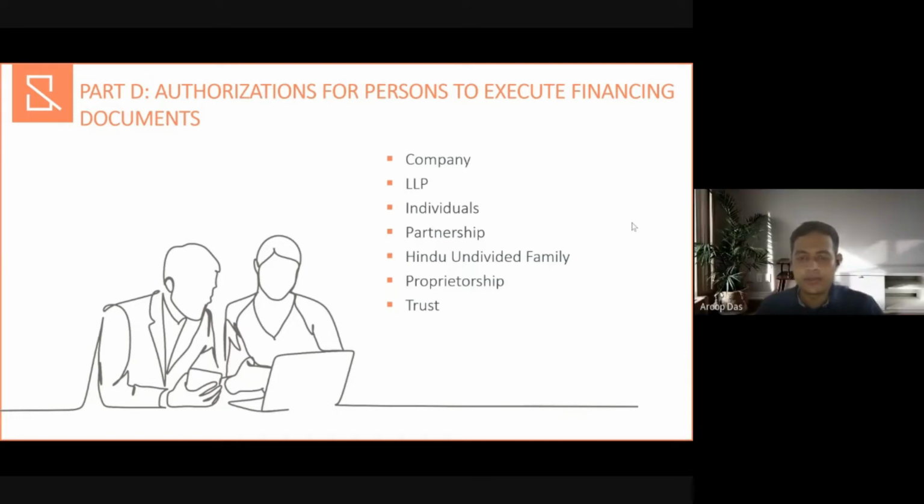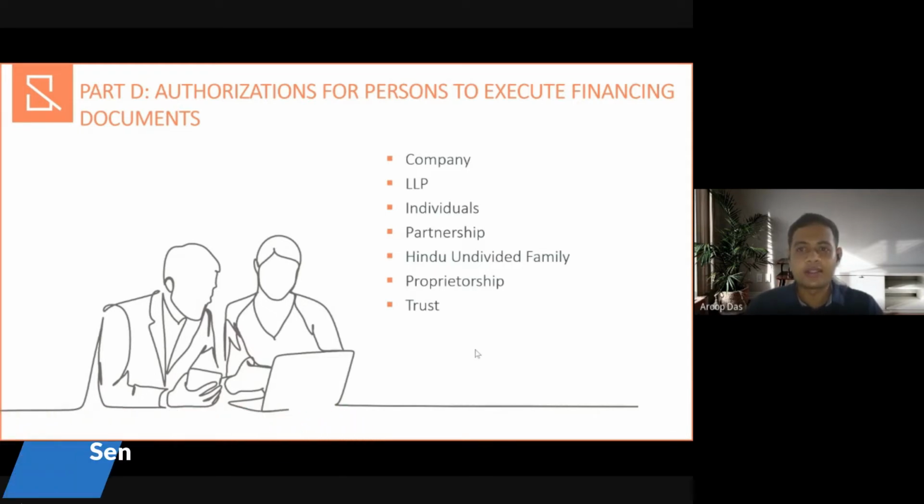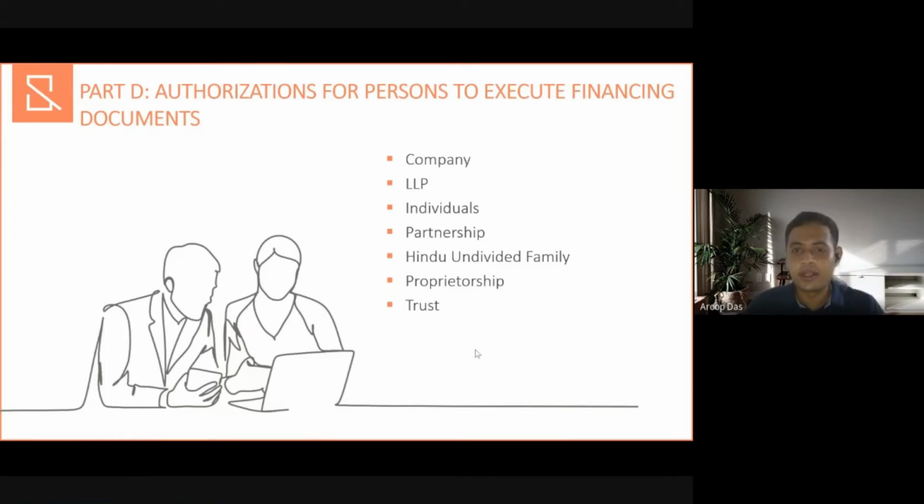Yes, I think Abir has wonderfully laid down the basis for this. So I'll just run you through quickly because I think we've already overshot the time. For companies, whenever you're looking at corporate authorizations, like Abir already mentioned, you need to look at the constitutional documents, the documents which have constituted a company, which are the memorandum of association and articles of association. Over there, you check whether the company is authorized to borrow, to take any loan or not, whether the company is authorized to create any kind of security on its assets or not. These are typically the things that you look at. And from a pledge perspective also, you need to see whether the transfer of shares can be done freely or not. So this is the first authorization, from the perspective of